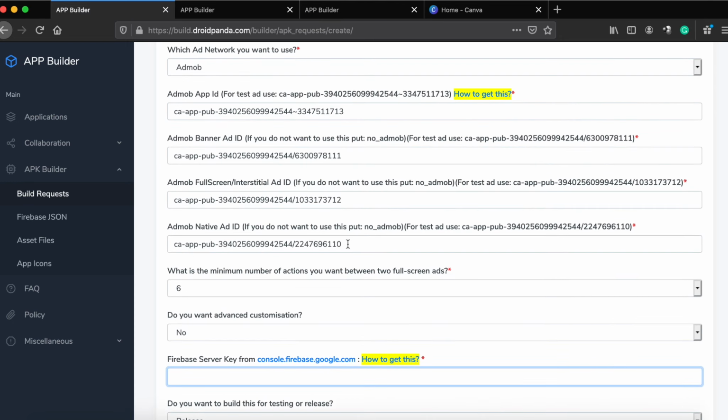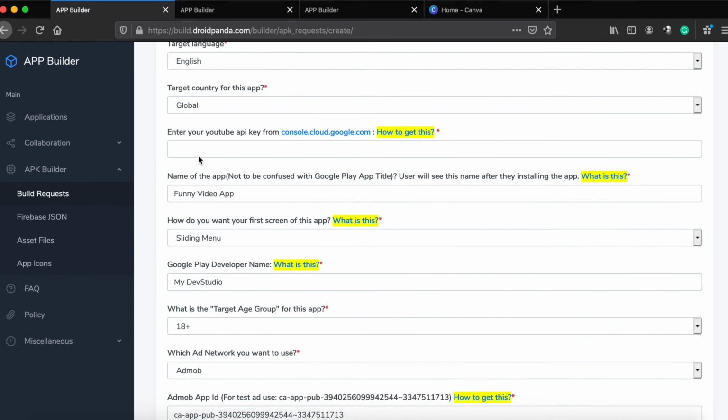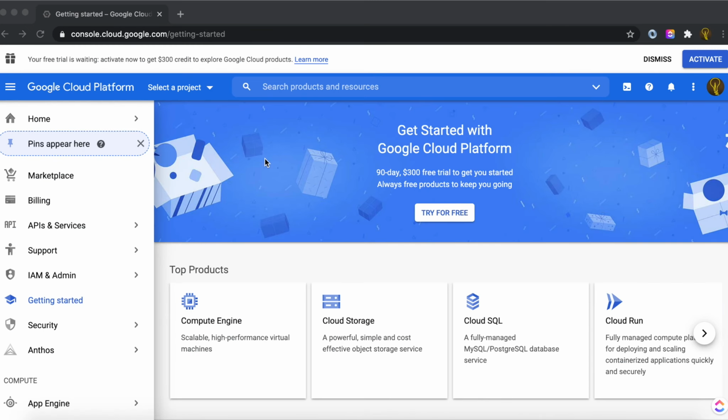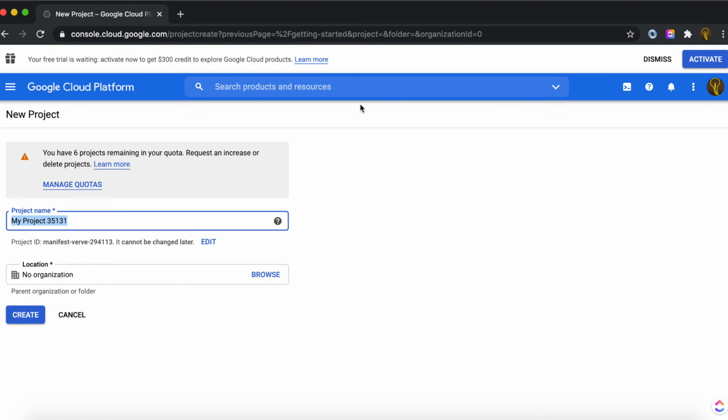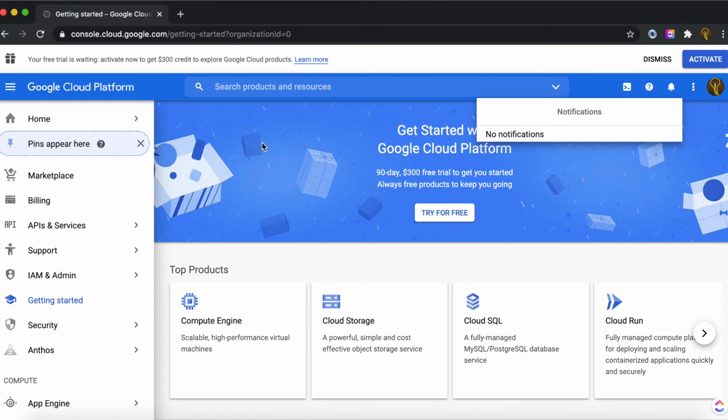YouTube video-based applications require a YouTube API key from Google. To collect that, head over to console.cloud.google.com. Create a project. If you don't have any project already, just like Firebase, you cannot have too many projects in here. Once created, you need to enable the YouTube API and get the API key from credentials. Try to follow step by step, as I am doing here.